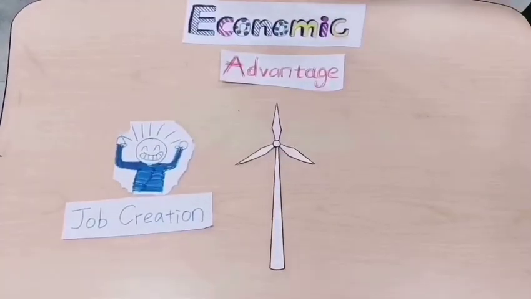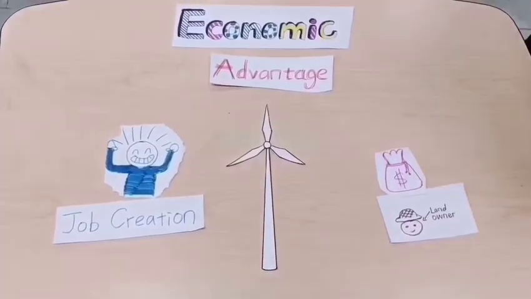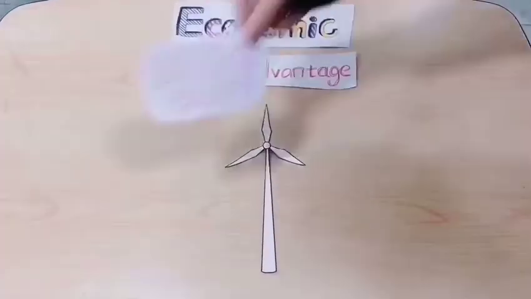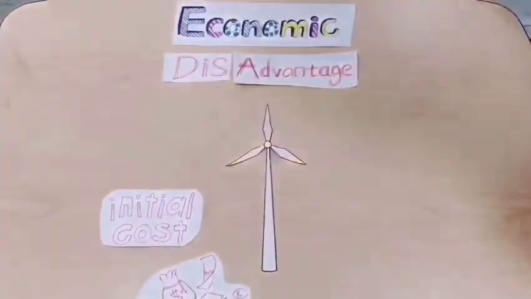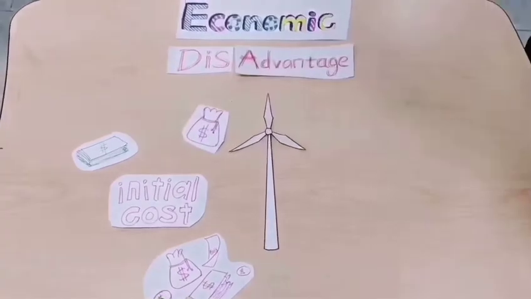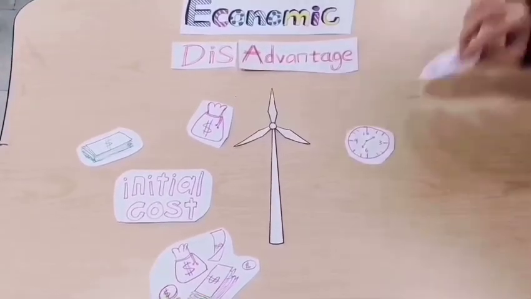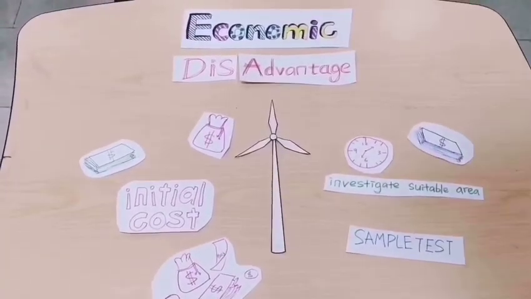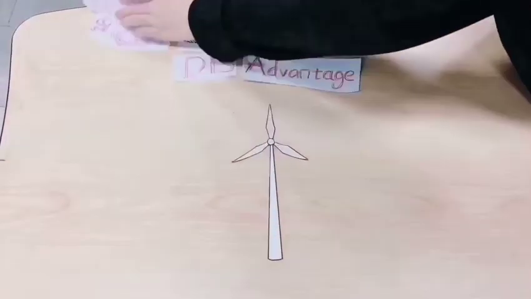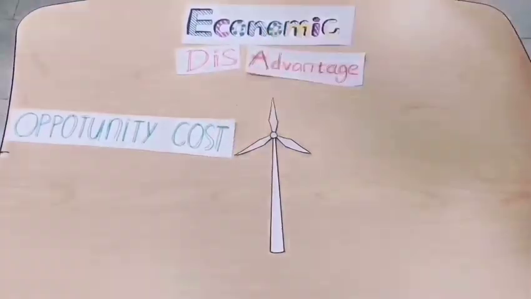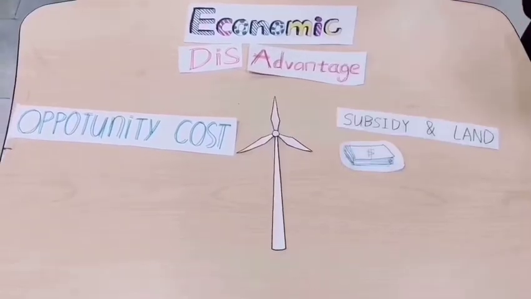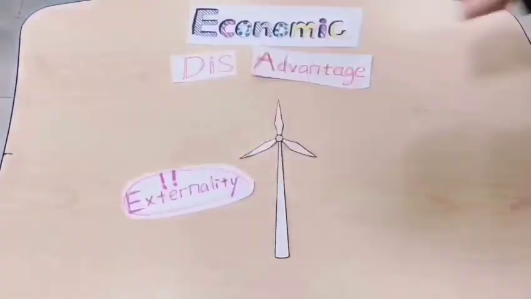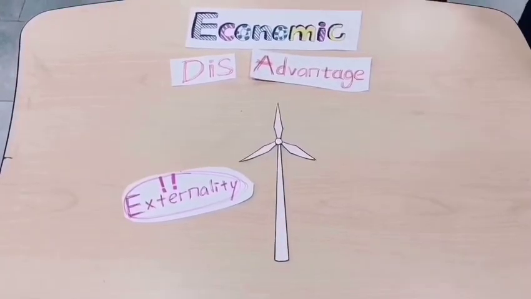It creates jobs for the people, and the landowner can get extra cash for renting or selling the land. Disadvantage: the initial cost of construction is high, because it takes time and money for investigating the suitable area and doing the sample test. It has opportunity cost for both the subsidy provided by the government and the land. Lastly, it creates externalities such as noise pollution considered to be a